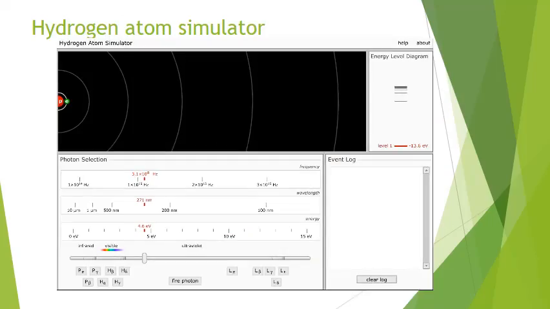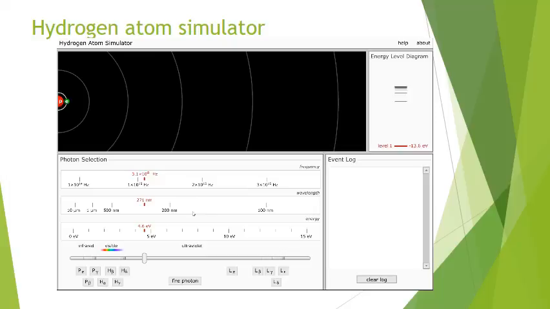Okay, if you've already done the lab activity for this module, it's entitled Hydrogen Atom, or Hydrogen Energy Levels, I think is the actual title of the lab. But this is the simulator you wind up using. So I'm not going to go into a great amount of detail because I've already got some tutorial videos in the lab itself, which help step you through the simulator. But let me just show you that we've got a hydrogen atom, it's got a proton, it's got an electron.